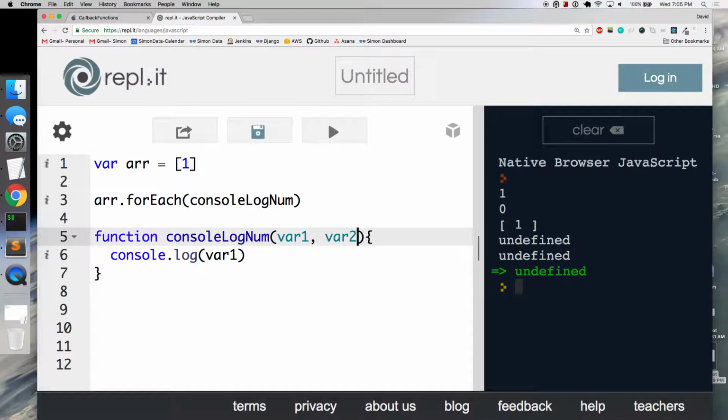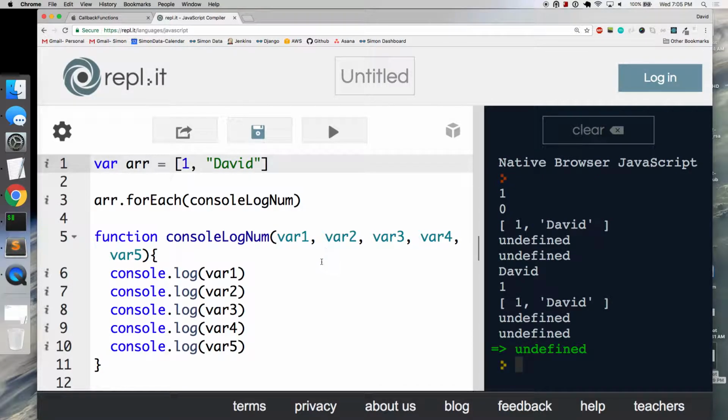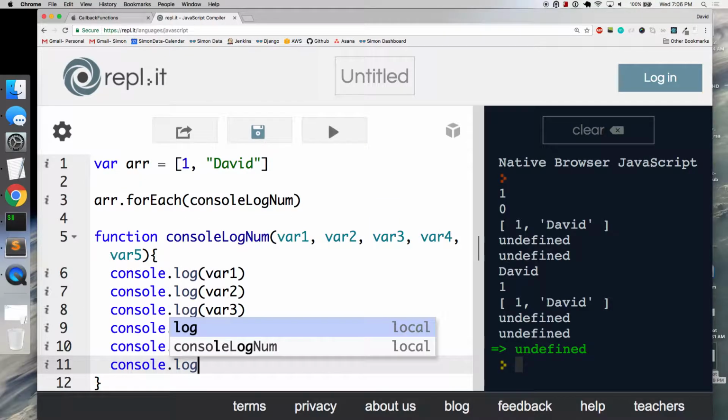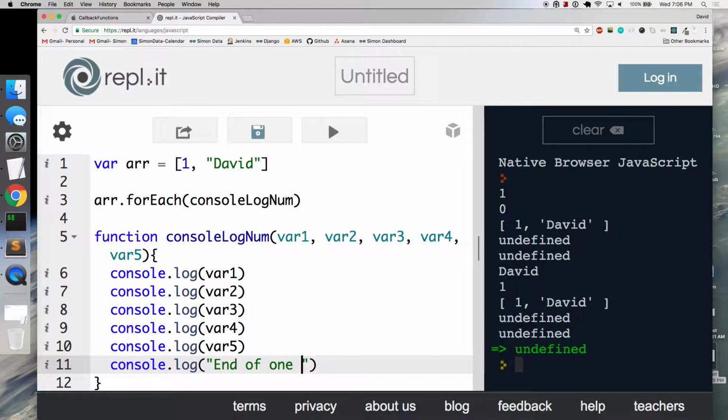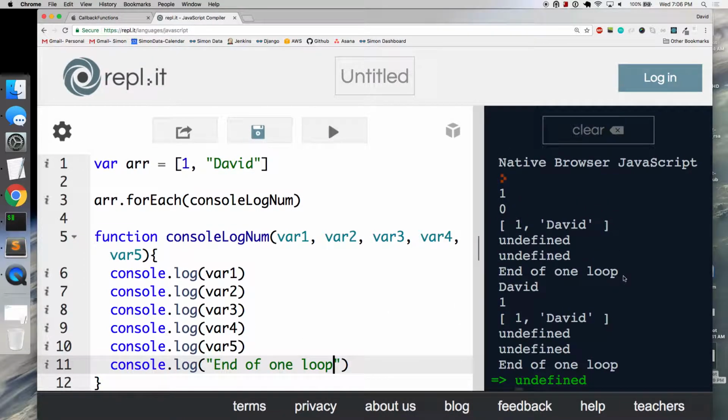What does it look like if you have more than one element in your array? Yeah, cool. So let's do it. So I have these 5 things. And let's say I have something called David. So this is running twice, right? And actually, you know what? It will turn around once for each item. And here I'm just going to say console.log, I'll write down "end of one loop." Okay, it wasn't very clear, but